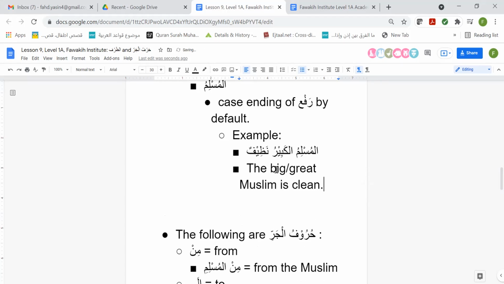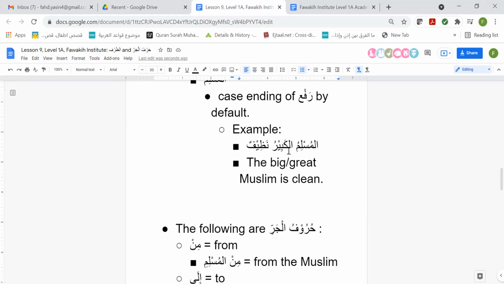Kabir is going to be the sifa or the adjective for Muslim because they both have alif lam, they're both definite, and they're also in the state of rafa. They're also singular and they're also masculine. And they're both definite. But remember that I'm focusing more on the definite, indefinite part because that's usually the one thing that's different between an adjectival phrase and a nominal sentence. Usually the other three aspects already agree anyway. So usually the one thing that does not agree is the definiteness. That's why I'm focusing on it. But of course, with an adjectival phrase, they all have to agree anyway.